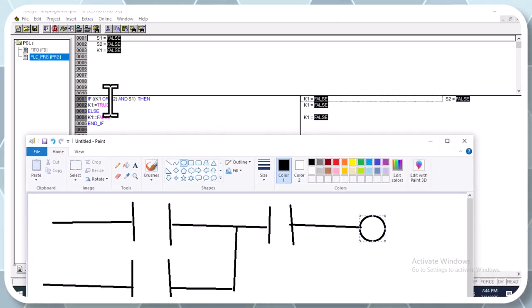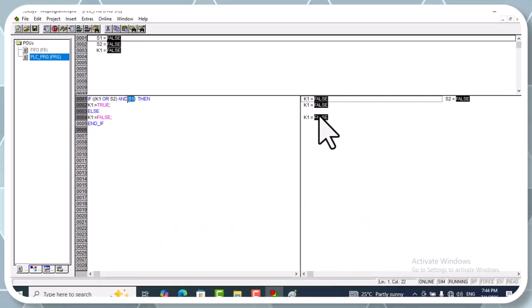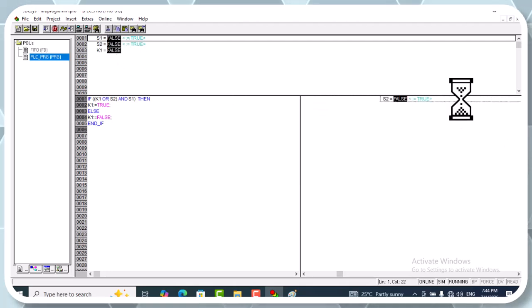Okay, we must set S1 and S2 to true, and after that our K1 is true. So let's do it together, and let's start from here, and also this one, and